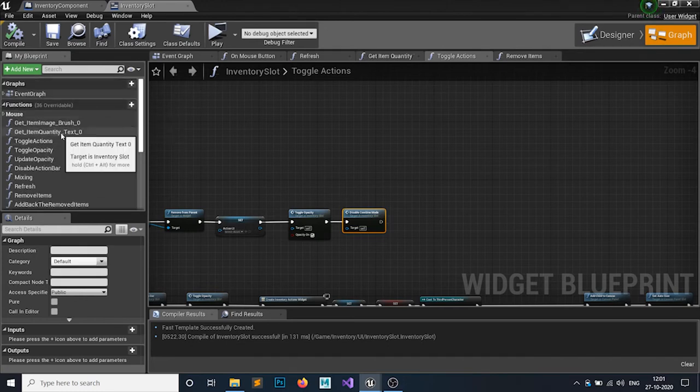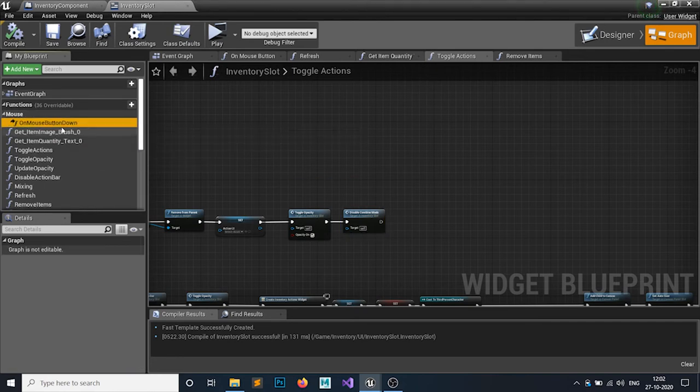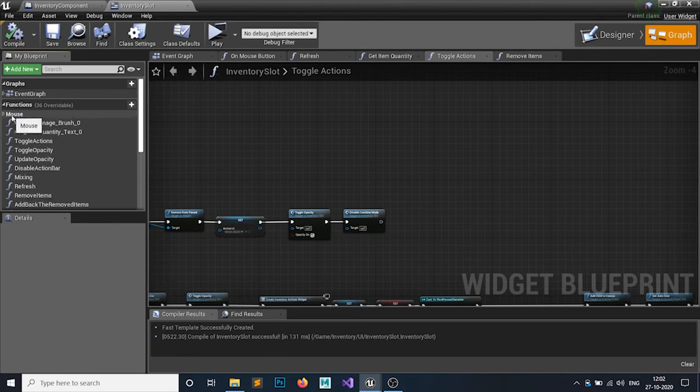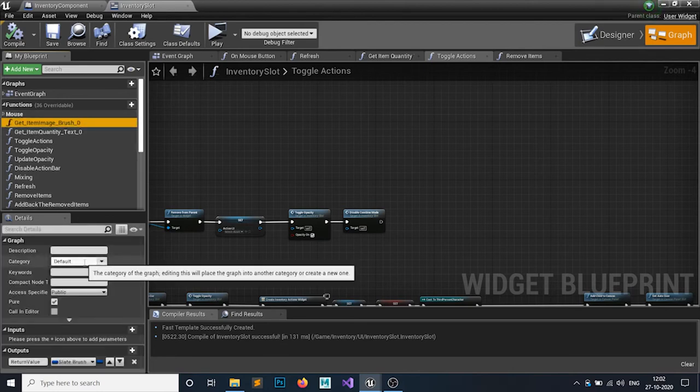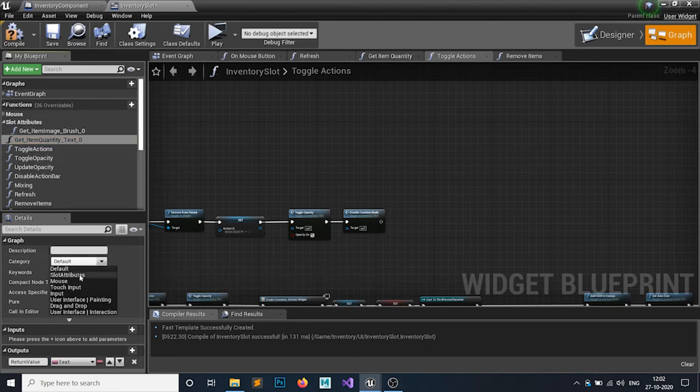Now you can see our inventory slot has so many functions and it looks so messy. So I'm just gonna categorize it, just like the mouse events are categorized into this mouse category. I'm just gonna select it and call it slot attributes. One by one, I'm setting all of them to the slot attributes.